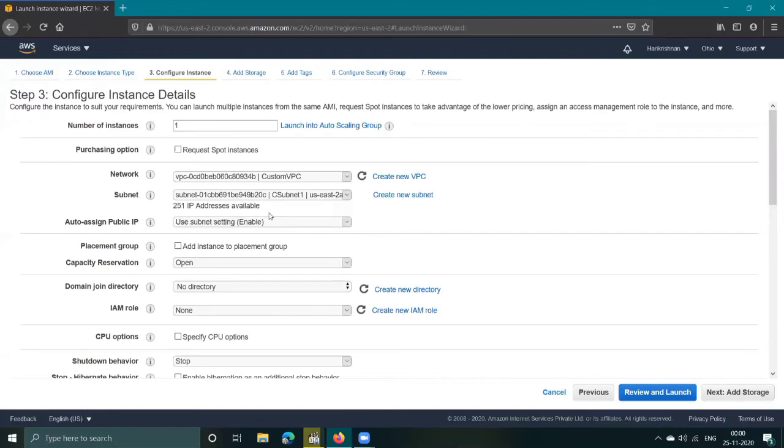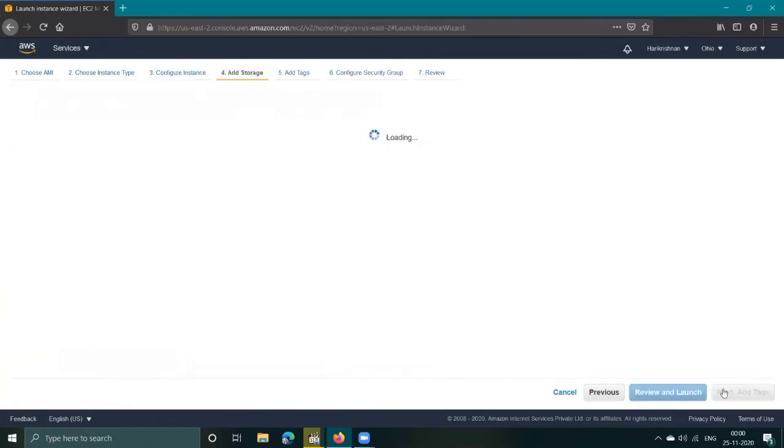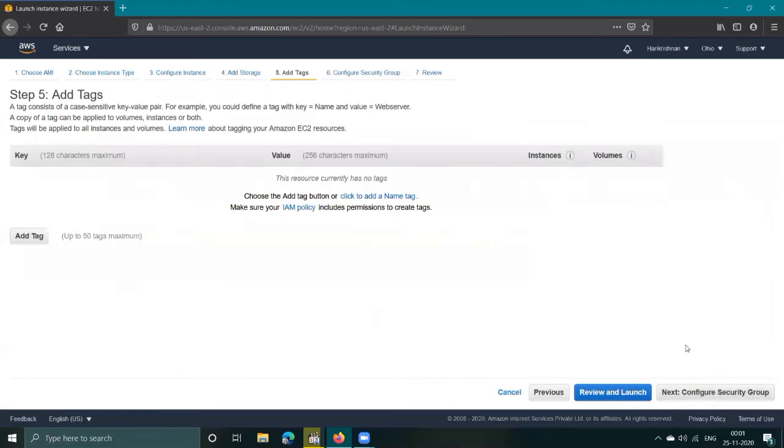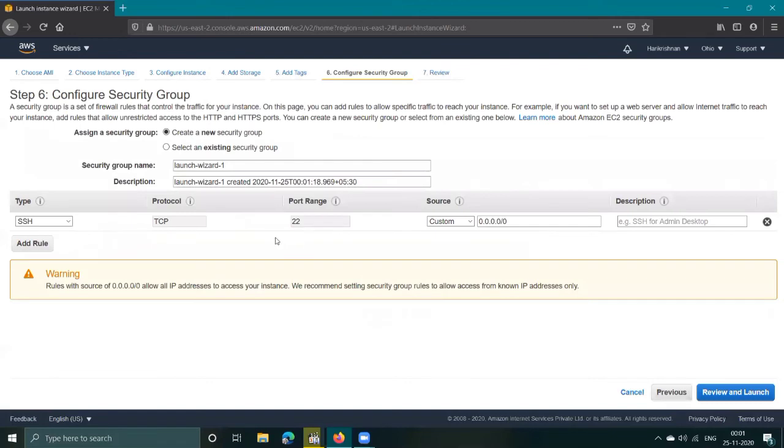In the network section, select our custom VPC and subnet 1, which is assigned for public access. Now next, add storage. Keep it as it is and add tags. Add tag, give key as env and value as web server.